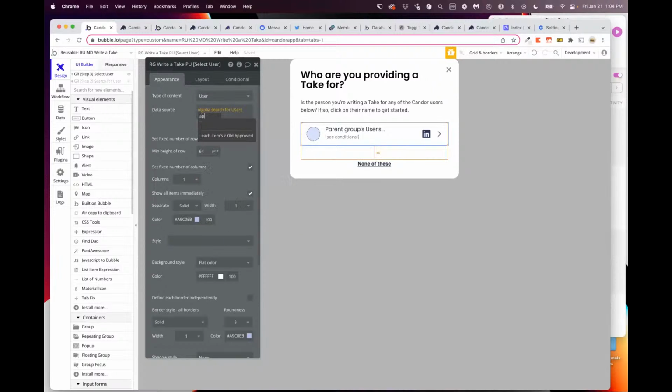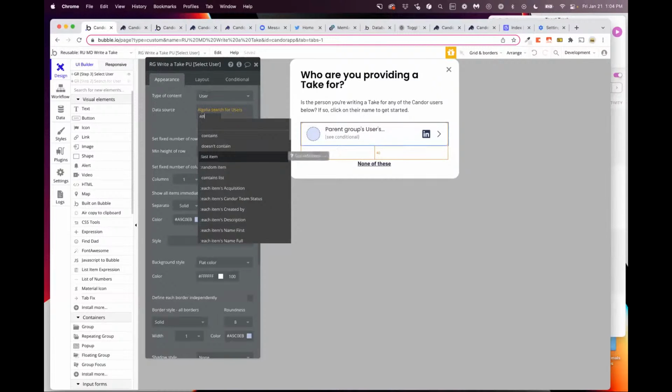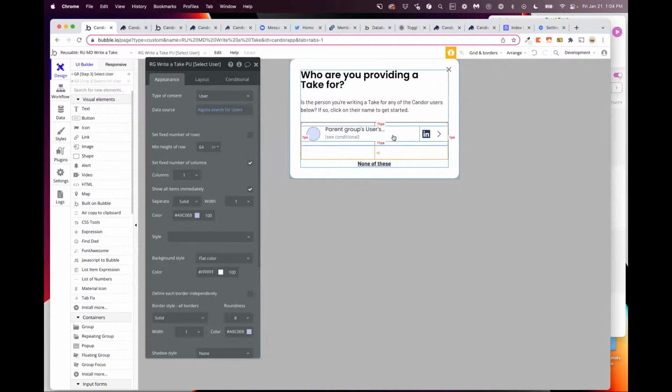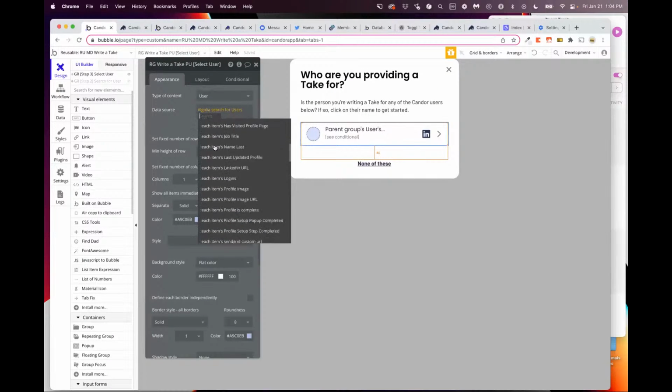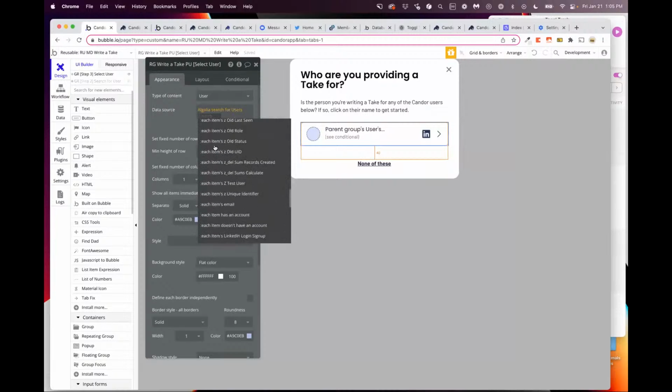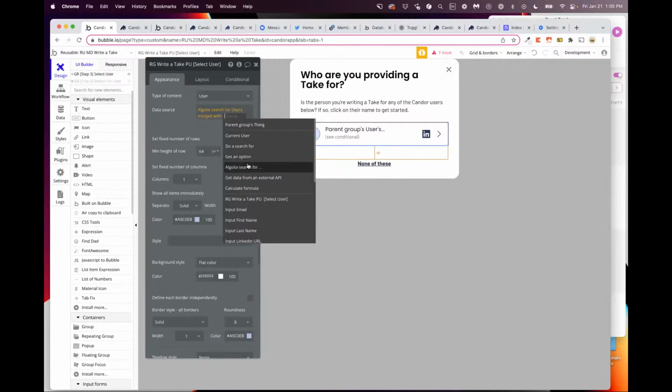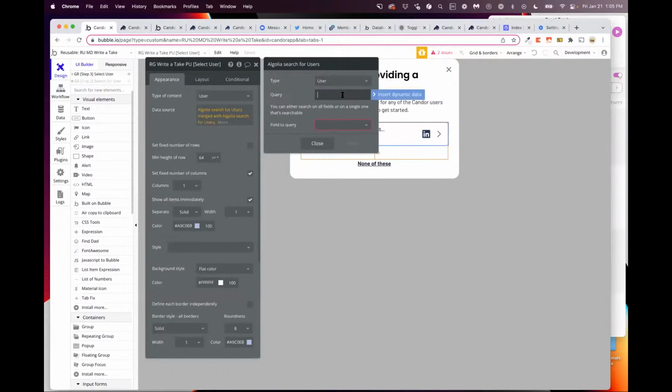Are you going to be searching for two data sources in this case? I'm basically combining in one repeating group multiple separate searches, right? So I'm combining the Algolia search. Is that possible? I'm going to say probably not, but I'm really excited about the idea. Search, sorted, right? Merged with, that's what it is. Algolia search for, and then